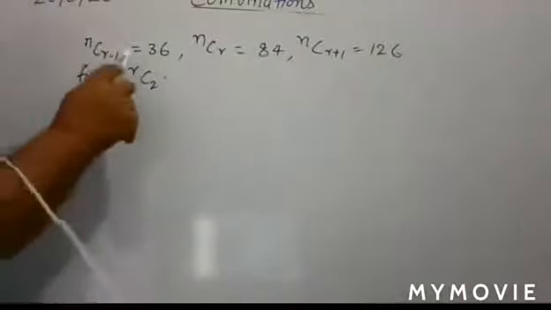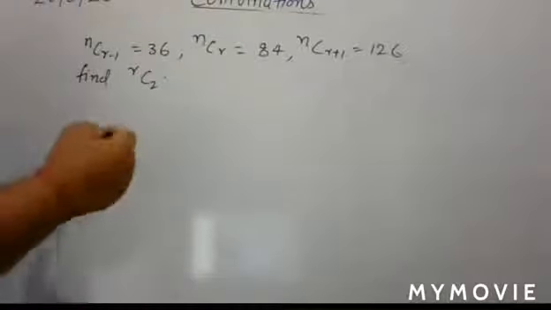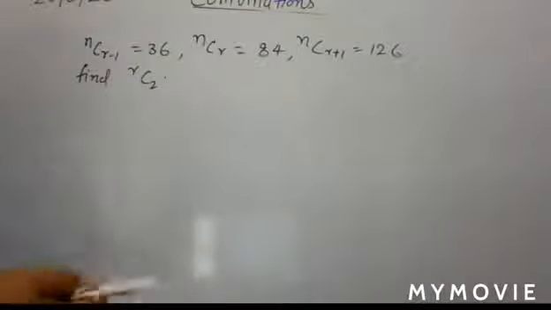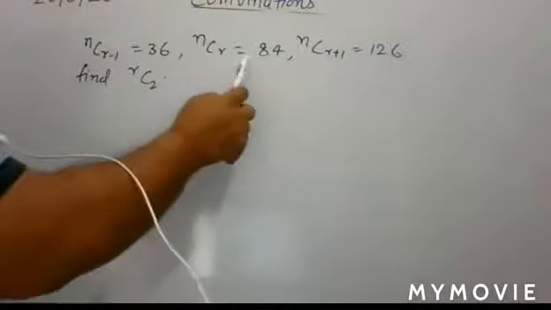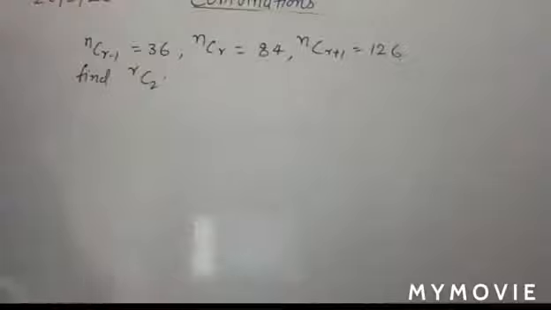First you divide these two. Take the ratio of first and second, and in this way you have the relation between n and r. In the same way you take the relation between second and third and get another relation between n and r. So here you have two equations in n and r. Solve them, you get the value of r, and putting that value of r you will very easily get the value of rC2. Okay, so just try it.